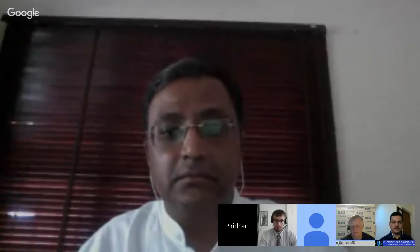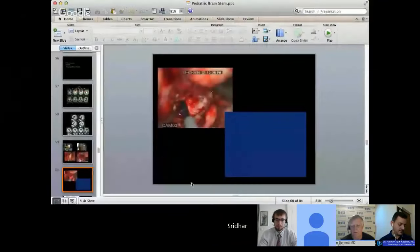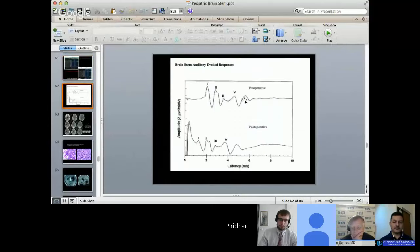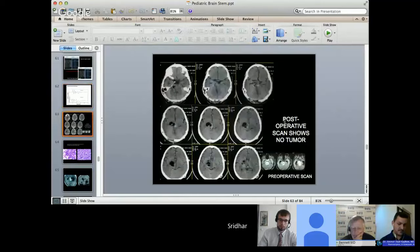Okay, you're back off. So there you go. Once again, intraoperative monitoring showed no changes during surgery, and PAER showed no changes during surgery. The post-op scan shows no real tumor, just a little bit of blood around the edge,